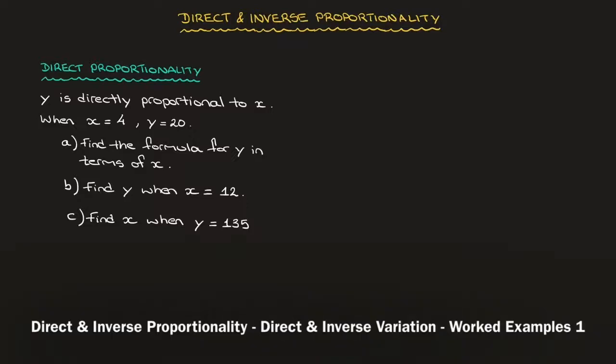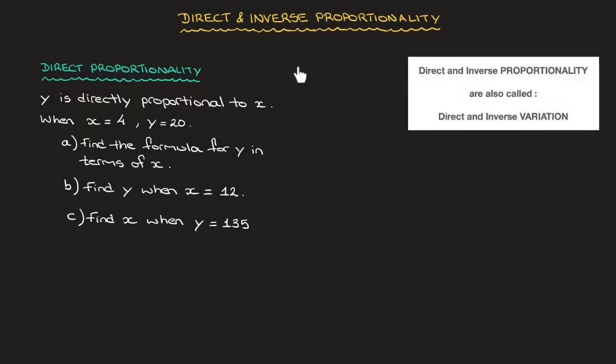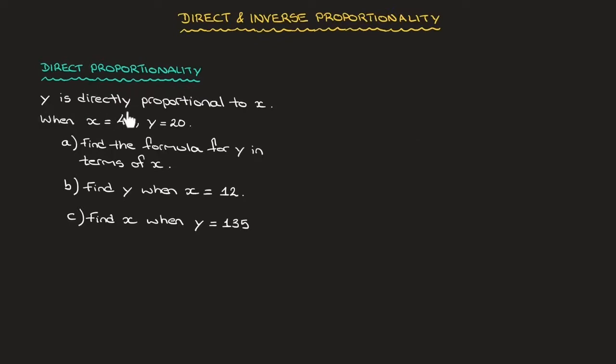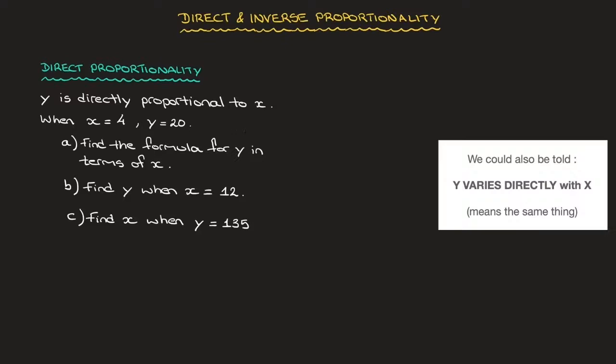Hi everyone, let's work through a couple of must-know questions involving direct and inverse proportionality. Now the first question we work through is the one we have here, and it involves direct proportionality. We're told that y is directly proportional to x. We're also told that when x equals 4, y is equal to 20, and we're given three questions, A,